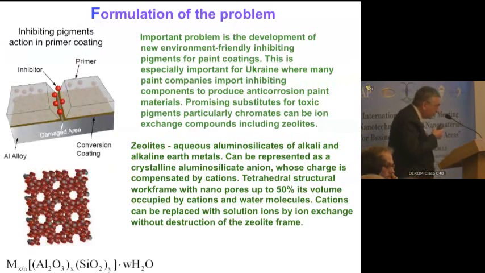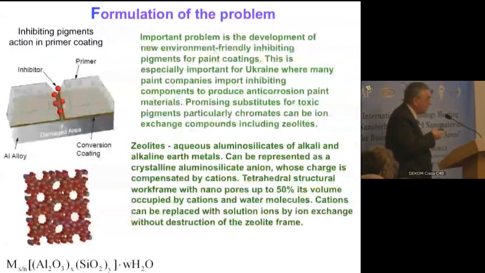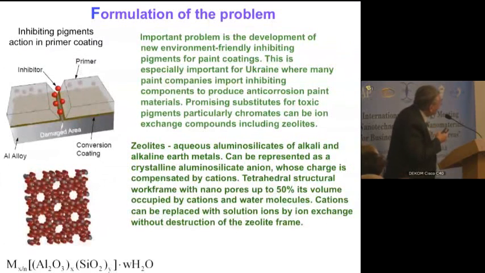In Ukraine, there are deposits, the big many-ton deposits where there are natural zeolites. Zeolites themselves are a crystalline aluminosilicate anion, which is nanoporous, and the positive charge is compensated by cations. It has a tetrahedral structure,